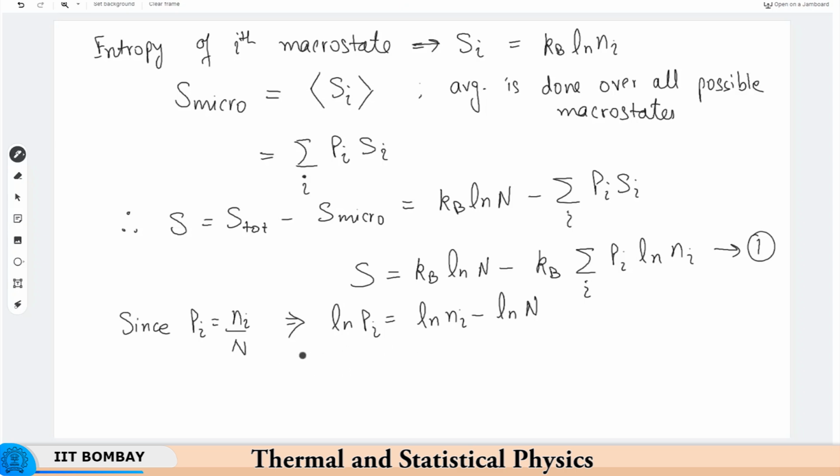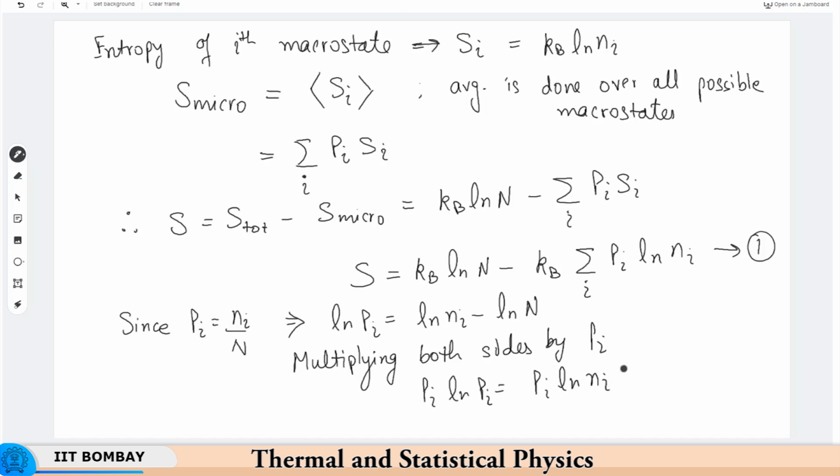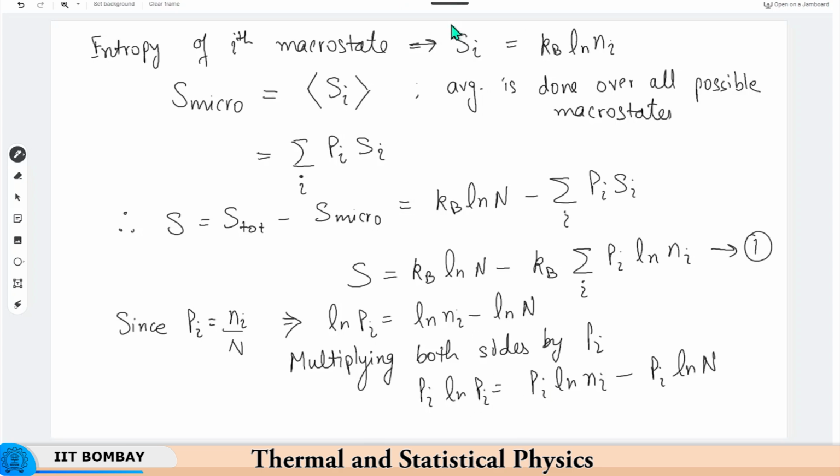If we multiply both sides by Pi, we get Pi log Pi equals Pi log ni minus Pi log n. Remember what we are after: the quantity which is the summation over i of Pi log ni. So, the next step naturally is to take the sum over i, so this equation becomes